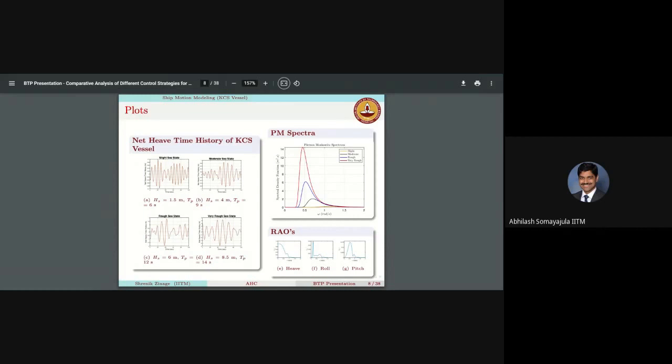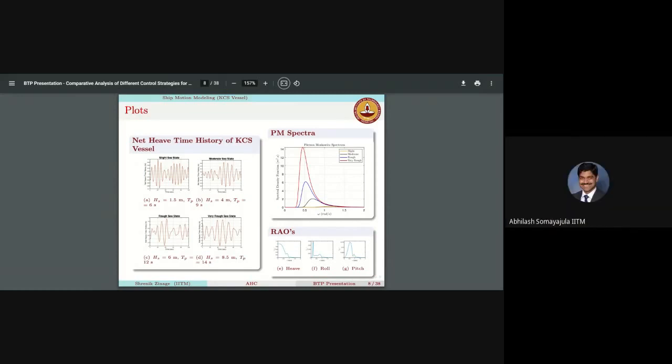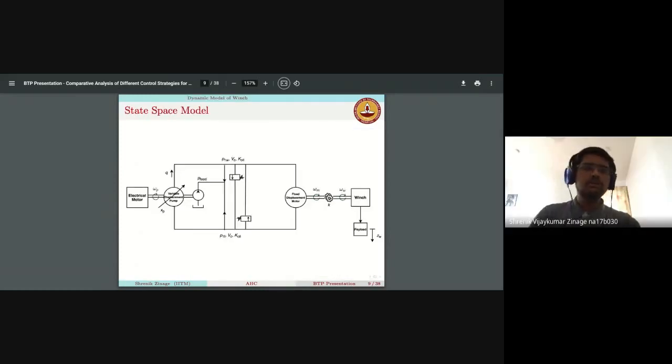Yes, but they won't have an effect on this one, right? No, in your wave time history, you took it as 10,000, 100,000 components. Yeah. Okay, all right. So now talking about the